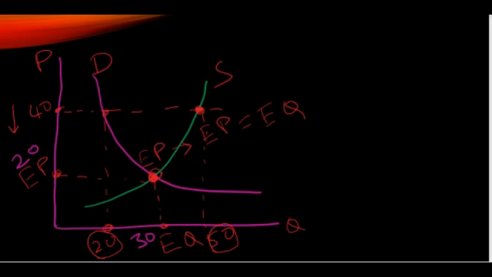Let's take another example where the price is reduced to, let's say, 15. So now let's look at the graph, what happens to this. So now this point is quantity supplied and this point is quantity demanded. So now what is the quantity demanded? Let's say 40. And what is the quantity supplied? Is around 30. So now what happens? Supply is less